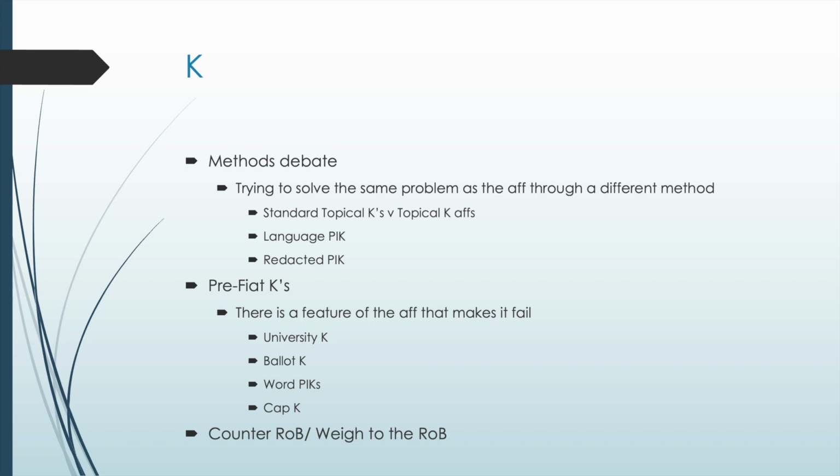So now let's talk a little bit about K strategies. So, neg Ks that you can read against K Affs. I kind of split them into two schools, but the line between the two schools is a little blurred. So take this with a grain of salt. I just think that this way of explaining it is helpful for some people. So I wanted to include it in the video.